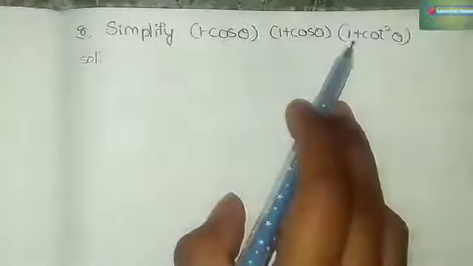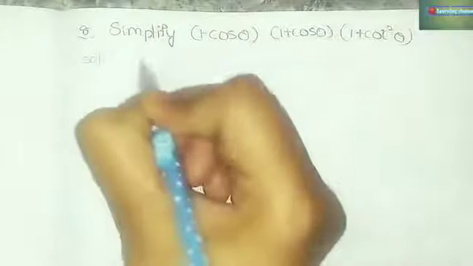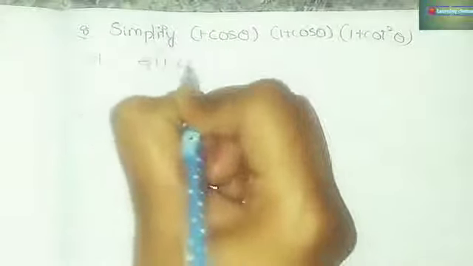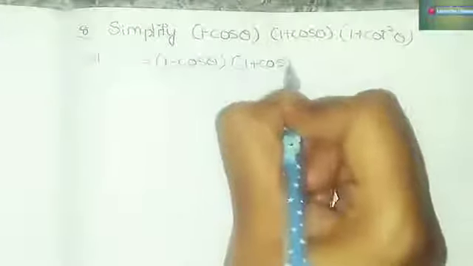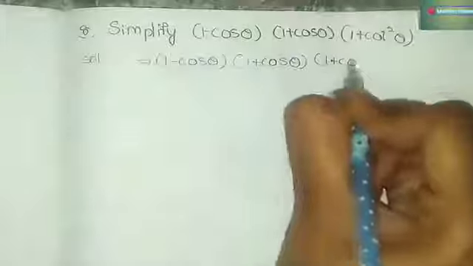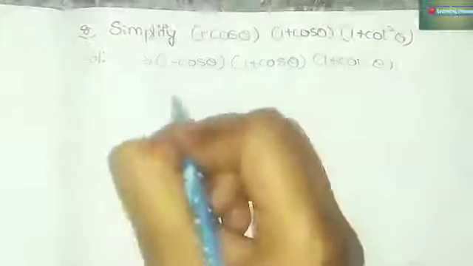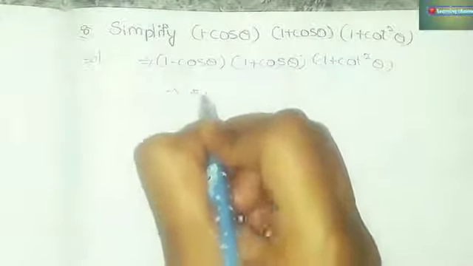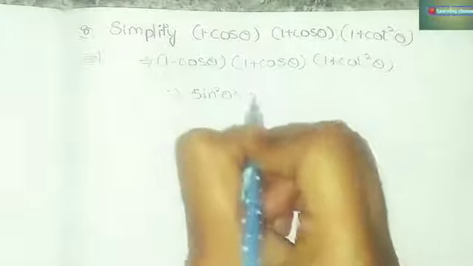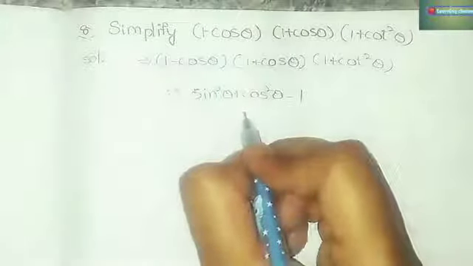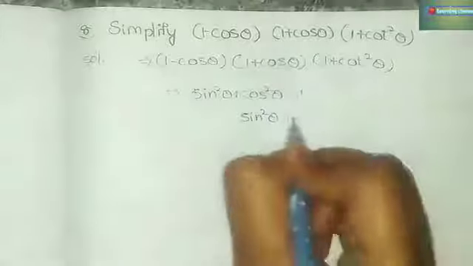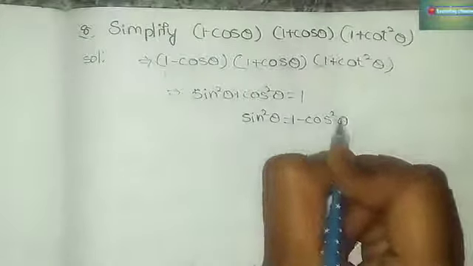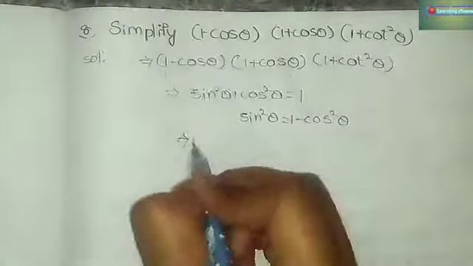And now 4 plus 1 plus 1 plus 1. 4, 5, 6, 7. 7 plus cot square A plus tan square A. So which is equal to our RHS side. So for this we have to remember the identities. Cosecant square theta minus cot square theta is equal to 1 and secant square theta minus tan square theta is equal to 1, and also sin square A plus cos square A, nothing but sin square theta plus cos square theta is equal to 1.